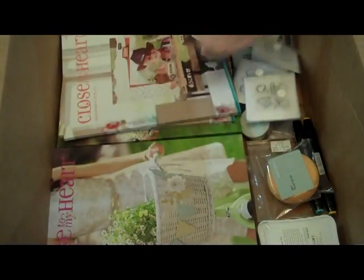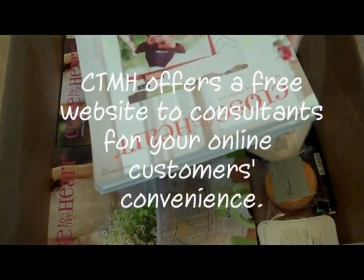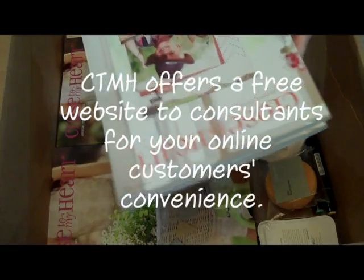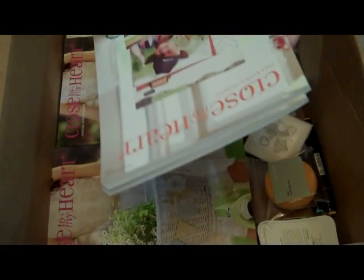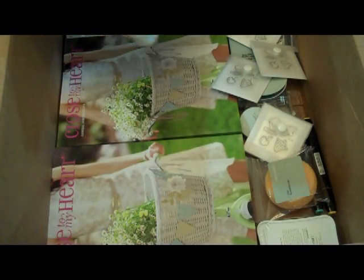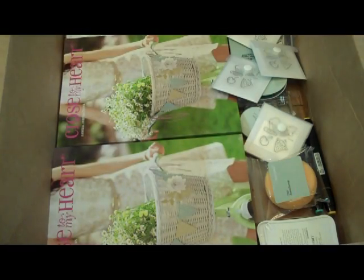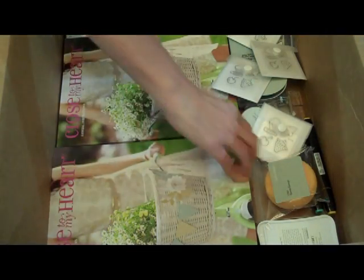They did send, because this is in July, a couple of the current idea books and catalogs, and you'll see that there's going to be a difference in how they do that in the future. They were putting them out twice a year. This is the spring and summer 2014 idea book and catalog, and now they've gone to something called the annual